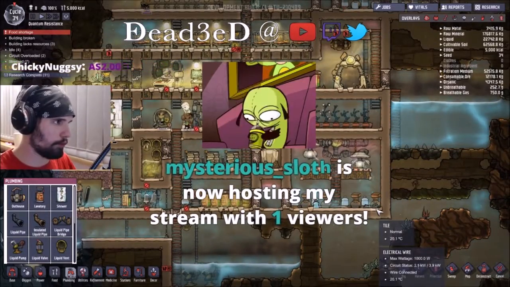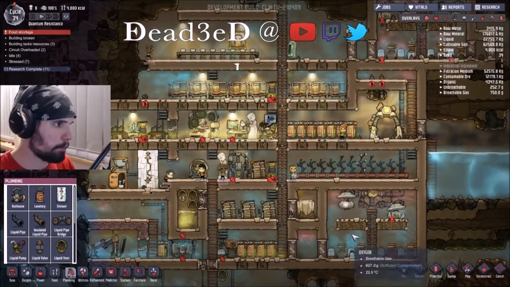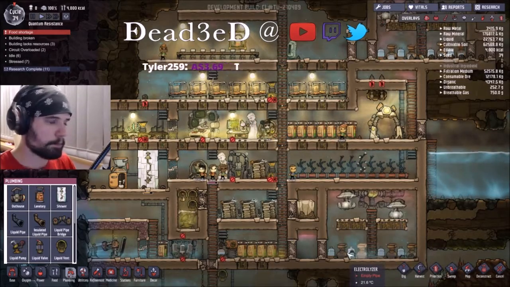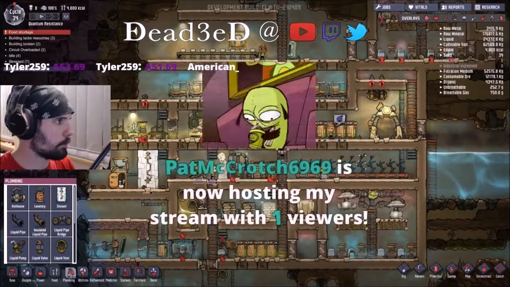Everyone's still stressed. I really pushed to have this made, and really it's just messed things up. The pressure in this room is fine. So I was thinking what I should do is disperse electrolyzers throughout